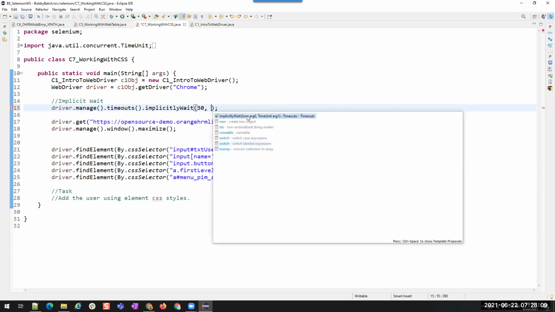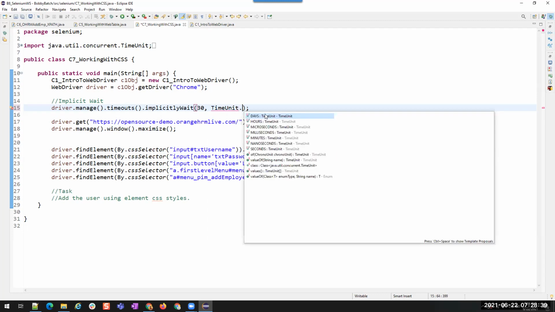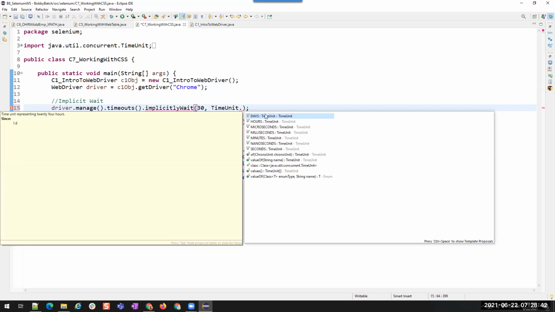You see here, the first one is long, which takes a number value, and in the second one we are mentioning the time unit. TimeUnit is a class type, or a TimeUnit object. This is long, so we know that it's a number, and this is TimeUnit. So we have to pass a value which is of type TimeUnit. We do not know what is in TimeUnit, so there is a class called TimeUnit. I'm using that class. Since it is static, I can just use the class name dot, and I'll be able to access all the constants created in this class.